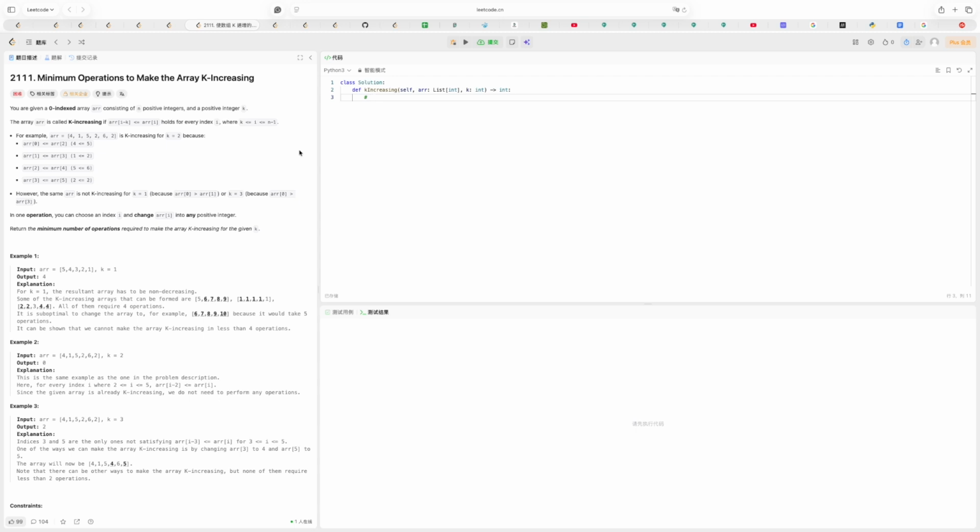But yeah, I just thought that since we are finding the longest subsequence, maybe some situations are not covered, because we have to make every element in the array k increasing. So it is not just trying to find the longest one, but also every element has to obey the rules. So